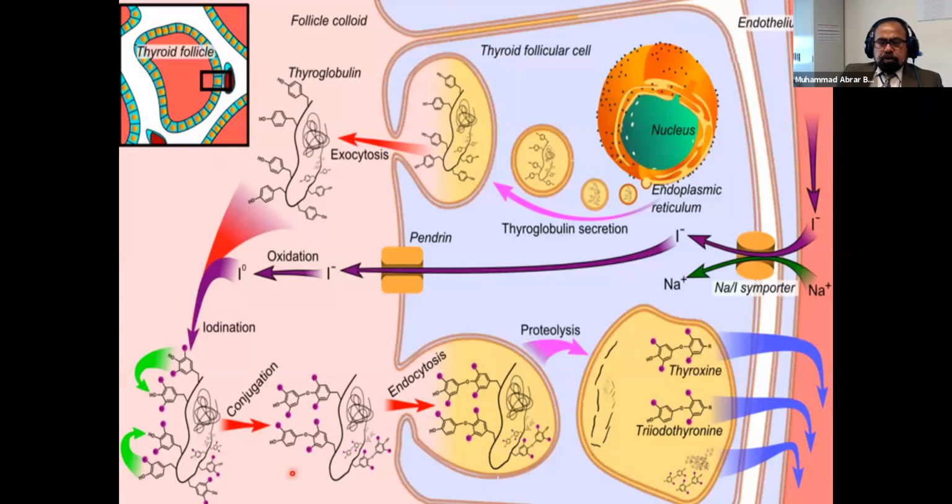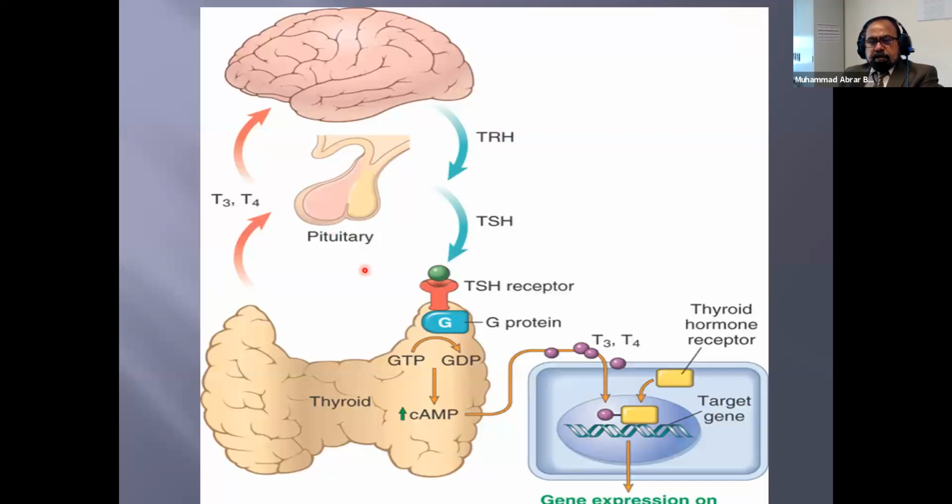Okay, so this is the whole cycle, which probably you know. This is all physiology. Now let's see what happens when it reaches the target cell. So this picture shows that the thyrotropin releasing hormone from the hypothalamus stimulates the pituitary gland. This pituitary secretes TSH, which goes and attaches to the thyroid stimulating receptor. And this receptor activates this G protein. This G protein converts GTP into GDP, and this then causes activation of cyclic AMP. This cyclic AMP then stimulates the thyroid follicle to secrete thyroxine or T3.